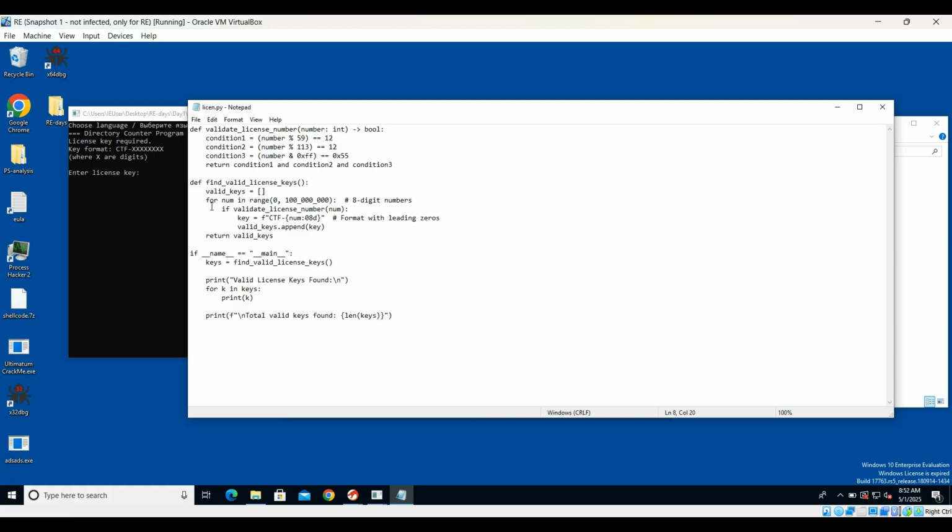It has taken an array, for number in range. It has defined 8-digit numbers as I mentioned. CTF hyphen, we are not dealing with that. Validate license key is mentioned for format, append key. Now the conditions are here: the number mod 59 should be 12, the number mod 113 should be 12, and the final thing is this one, which is the last byte of the number should be equal to